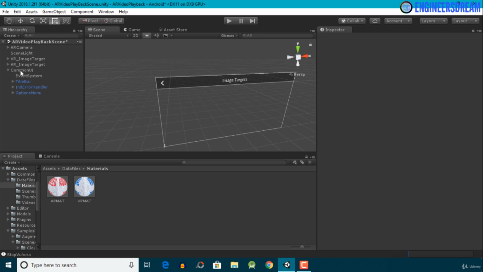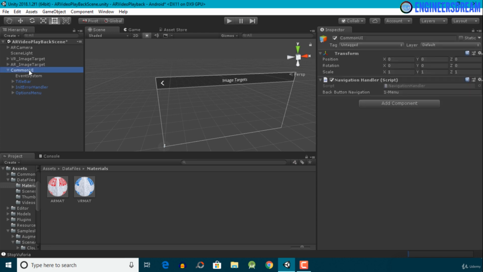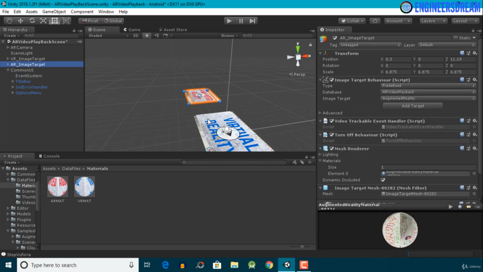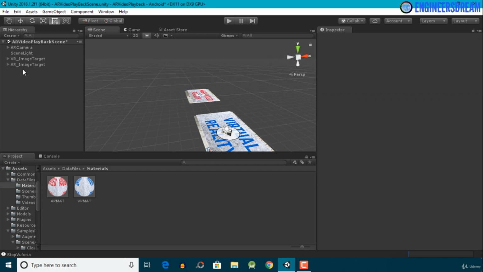But if we delete this common UI component, then the event system component, which is a child of the common UI, will also get deleted. If the event system component is deleted, then we won't be able to play these two videos. So if I delete the common UI component, and after this if I click on the play button to test the output,